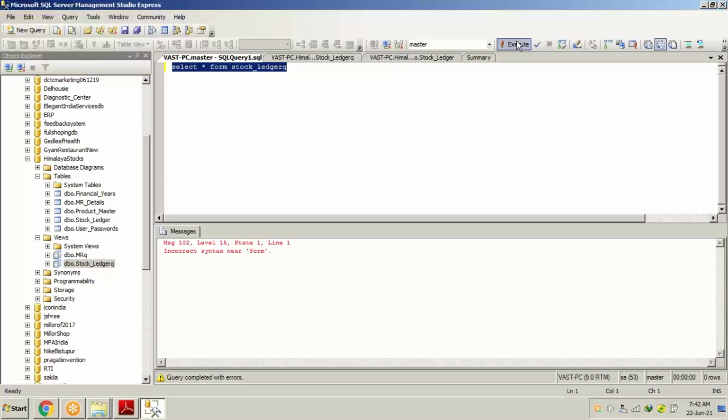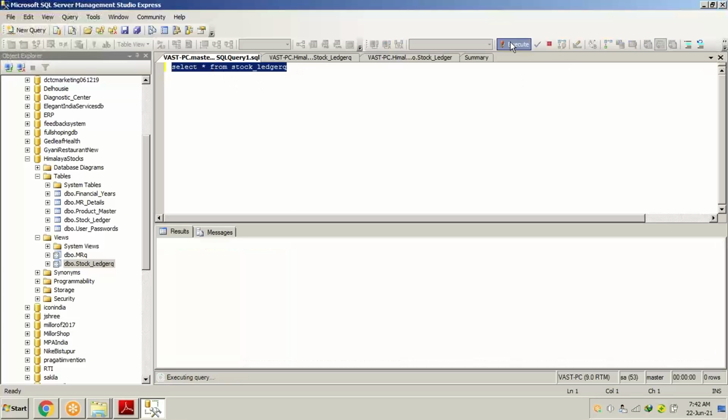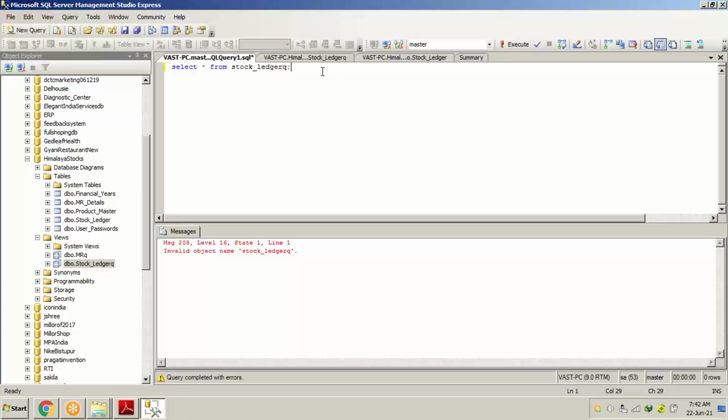Let's remove this. It's FROM. Stock ledger Q.